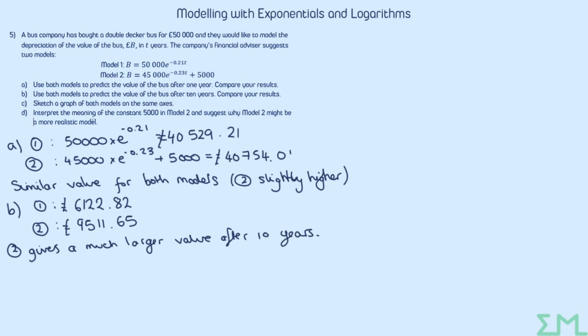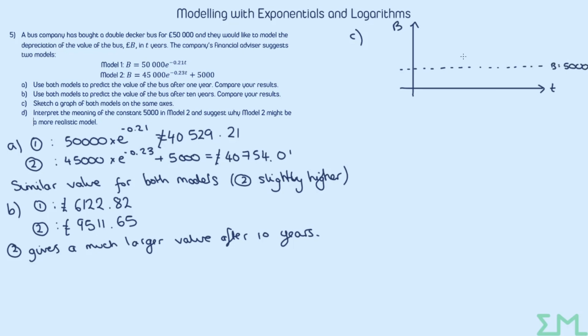Okay, part C, sketch a graph of both models on the same axis. So let's draw on axes. So we've got time and value of bus. Okay, so they are both negative exponential graphs. They're both coming down and have asymptotes, but we have the difference of model 2 has an asymptote of 5,000. So I'm going to draw in the asymptote first. So that's b equals